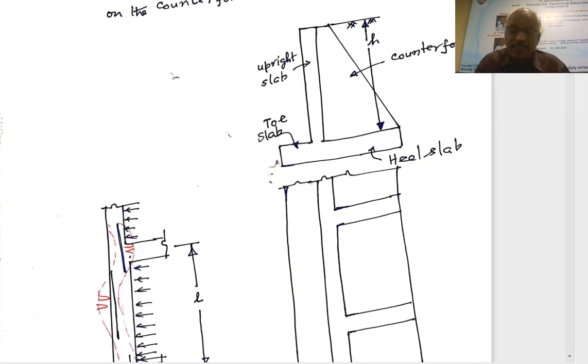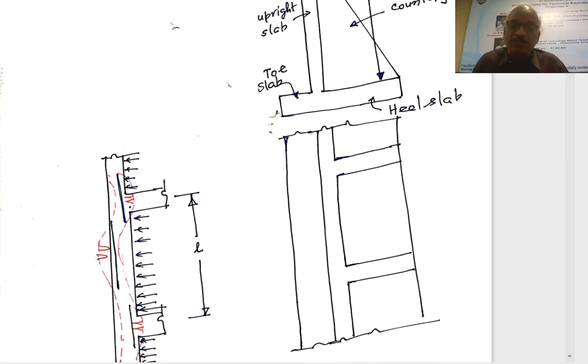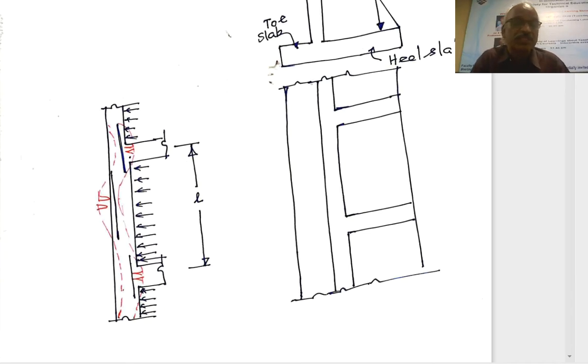The figure on the right hand side shows the plan of the retaining wall, in which you can see the supports, they are the counterforts. So here also the wall will be subjected to lateral earth pressure. Between supports, this will act as a horizontal continuous slab. So the behavior as a horizontal continuous slab is shown on the figure on the left hand side, where tensile cracks occur, how the pressure is getting transferred to the side wall, etc.